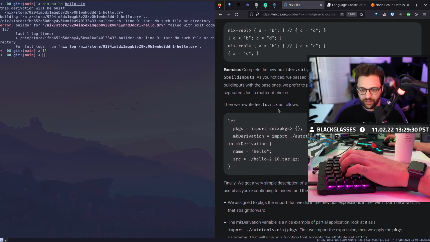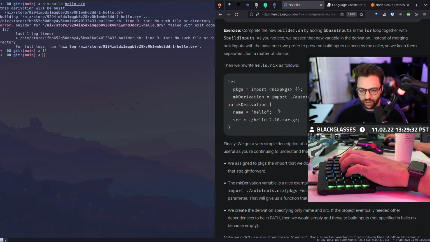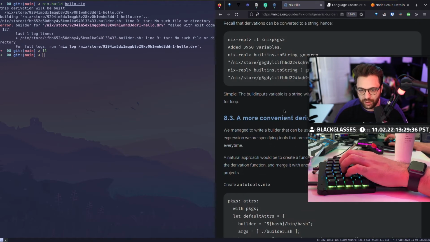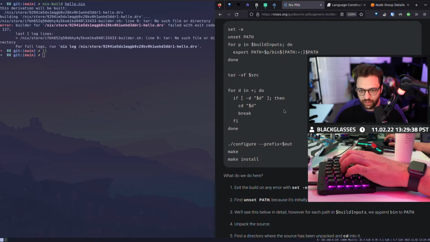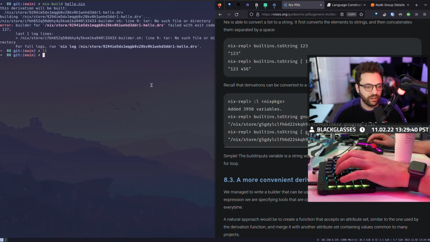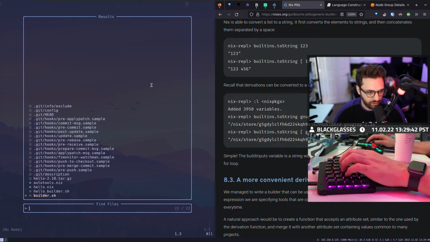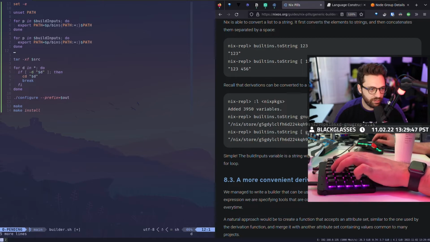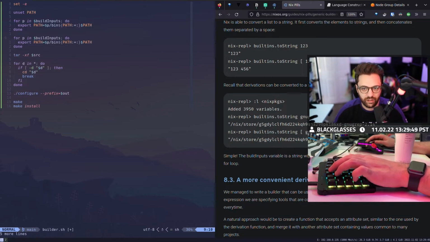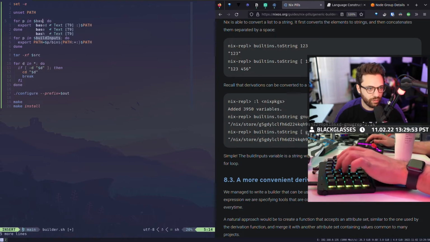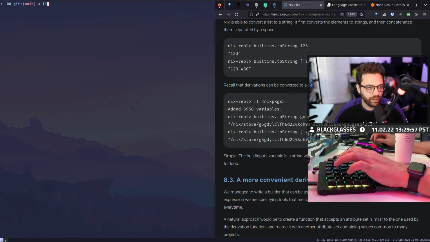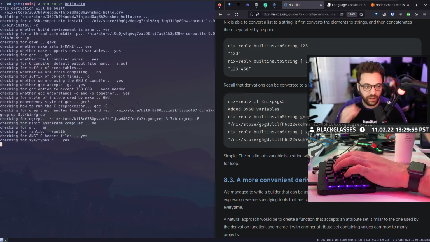I think it's actually saying that tar is not there. Yeah, okay. It's because my script is not fully updated. Hold on. So if we go back to builder, how we've got build inputs, right? We basically need to do the same thing with base inputs. I forgot they said that they wanted us to do that. So base inputs. There we go. Okay, that should work. There we go.